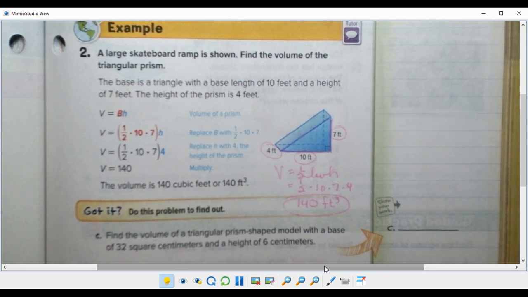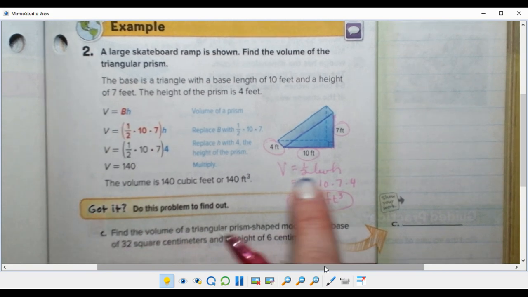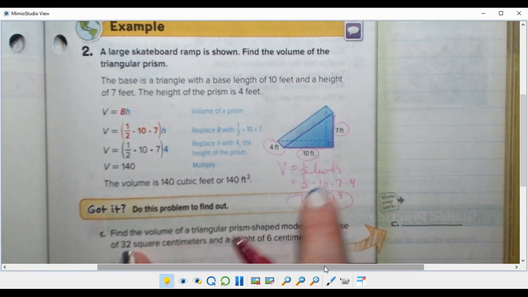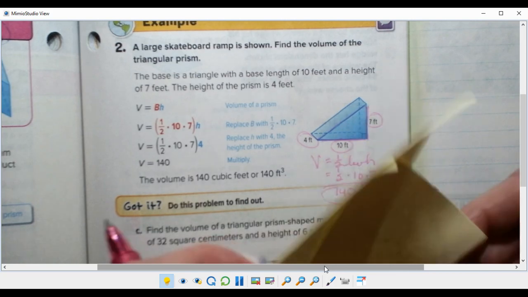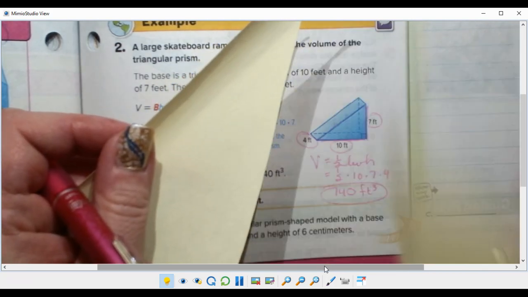All right, so if you prefer this big BH, fine. I'd at least like you to be familiar with it, but most of us are going to default to the 1/2 length width height because it's so similar to what we know for rectangles, length width height, or 1/2 length